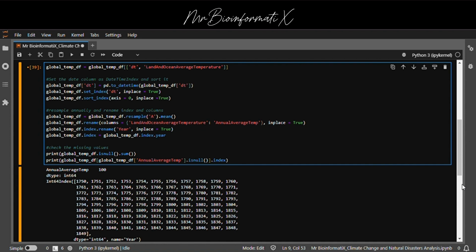So instead of having all the months in a year, we just take the mean of all months for each year, one by one. For example, we take the mean of 1750 and then 1751 and so on, instead of taking all months. And then we rename the columns. The columns parameter allows us to specify which columns to rename. Here we provide a dictionary where the key is the old name and the value is the new name. And inplace equal True modifies the data frame directly without needing to create a new variable for